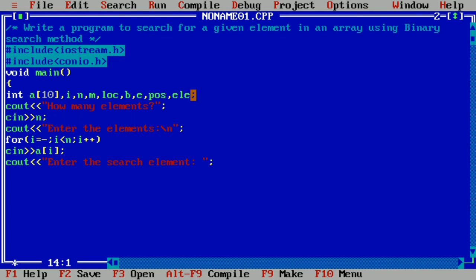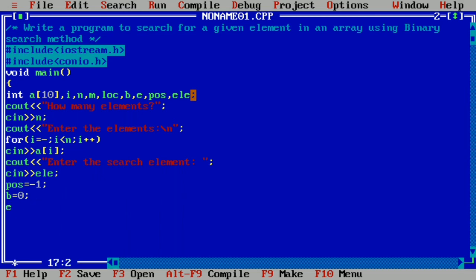Next cin, we are going to use ele. Next position = -1, then we'll write beginning = 0 because it is the lower bound. That always starts from 0.